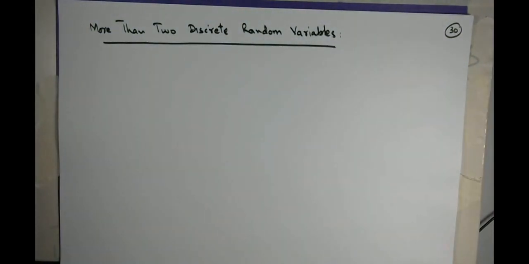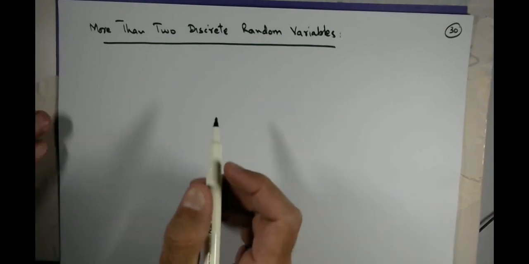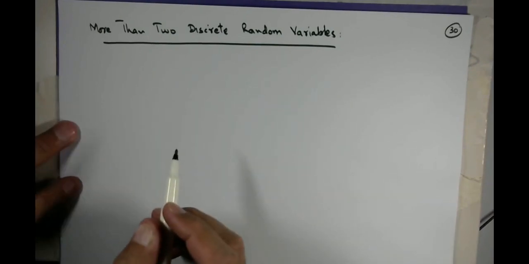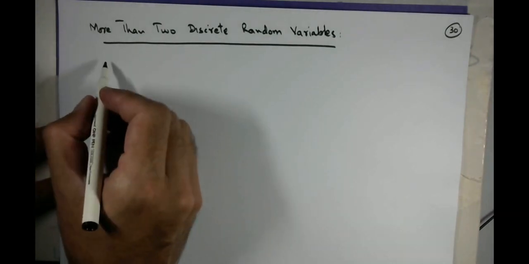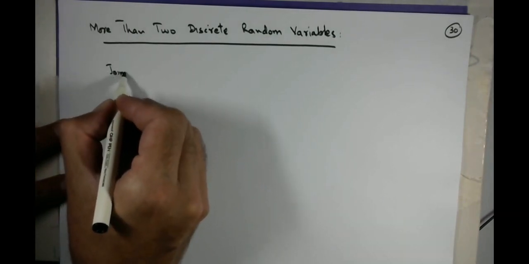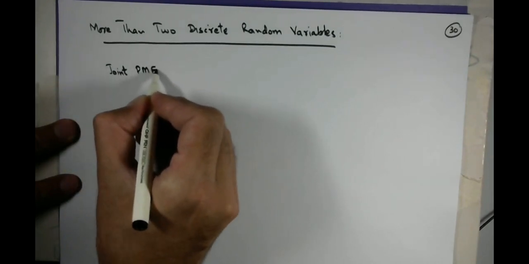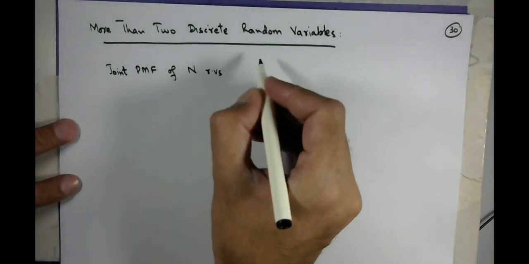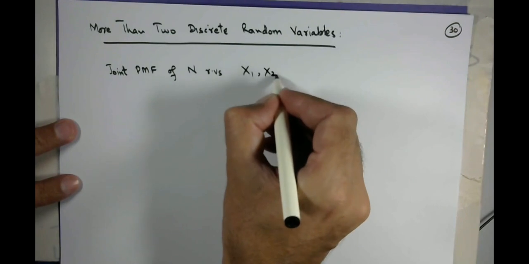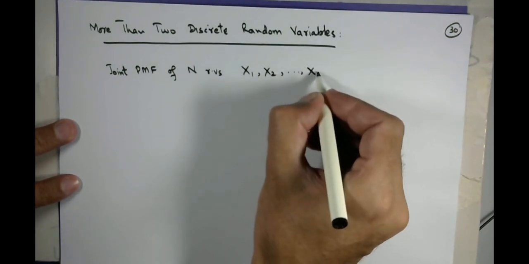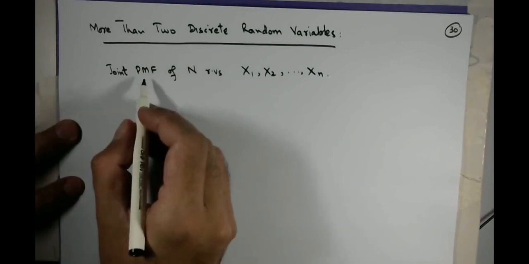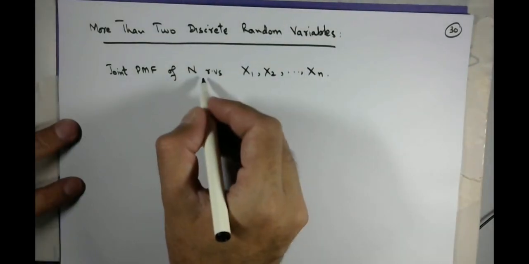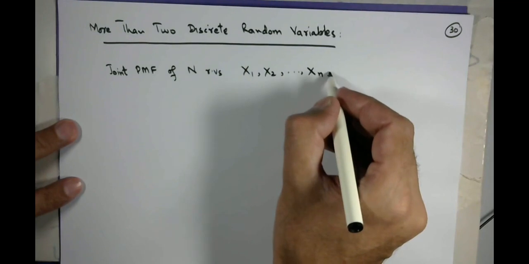Which means how to write the distributions of more than two discrete random variables. So first we'll see what we mean by the giant PMF of n random variables x1, x2 till say xn. The giant PMF of n random variables x1 till xn